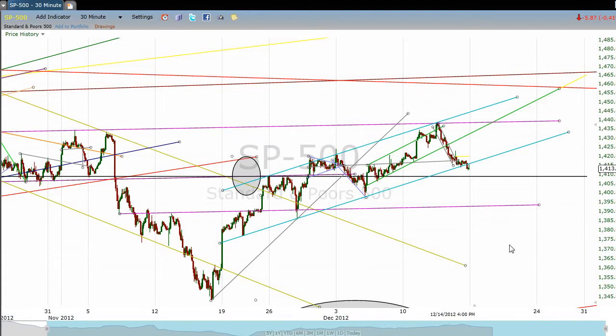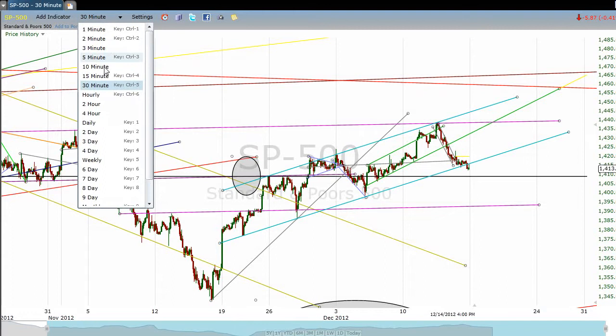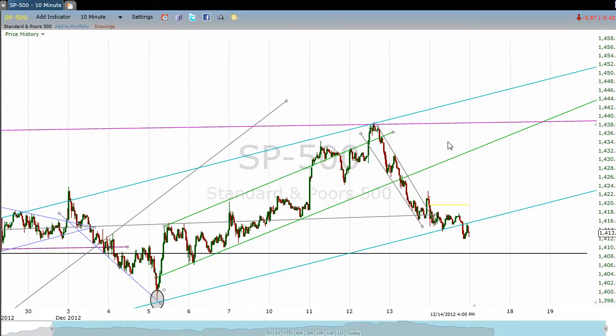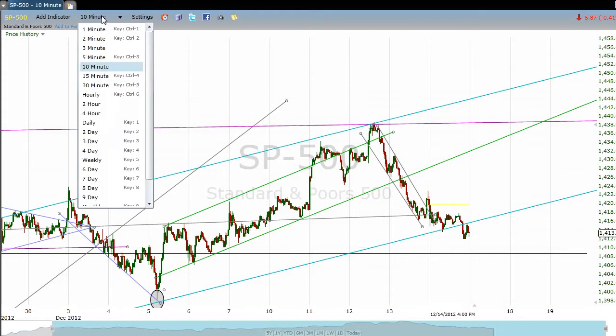Now, as far as the week goes, we had been expecting a move to the mid 1430s, and we got that, and we got just a little bit more. As you can see, midweek the S&P topped out, at least for the week, around 1438, and roughly 1438. I can measure it exactly. Yeah, 1438 and change.